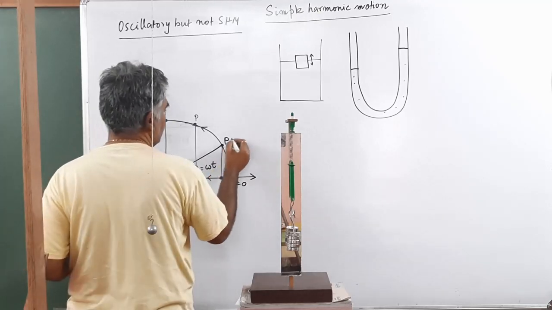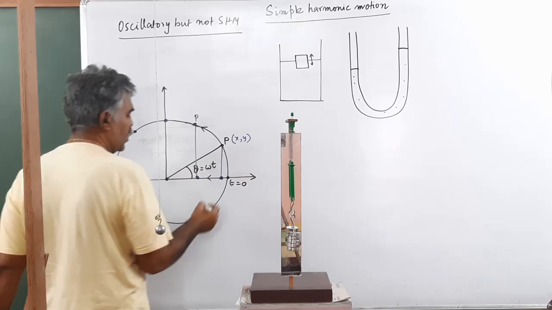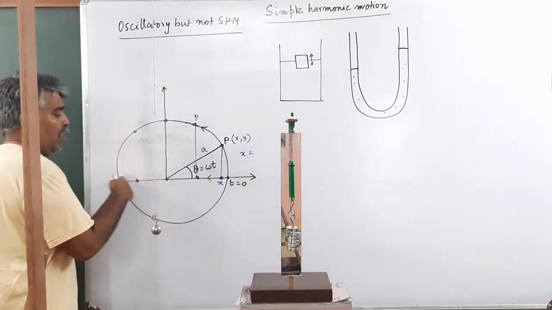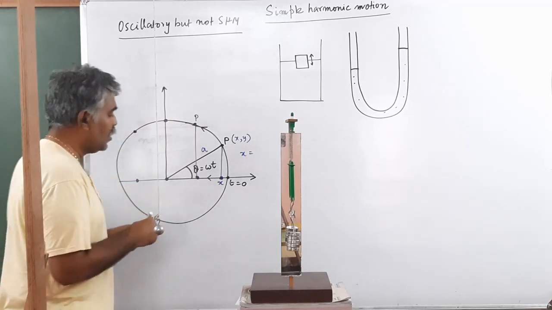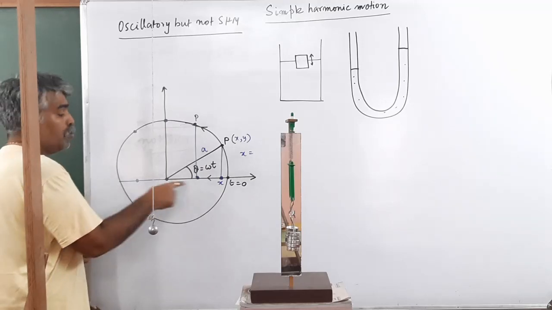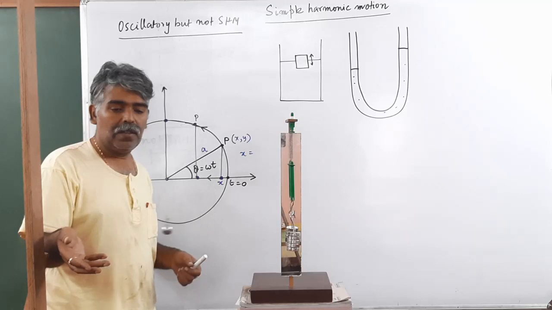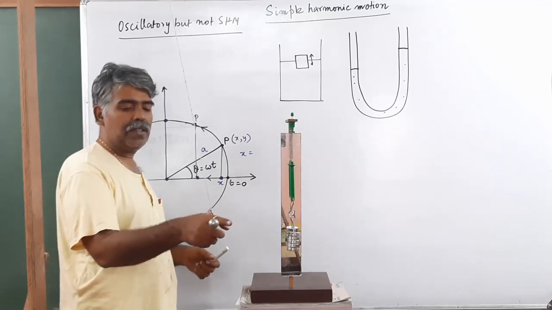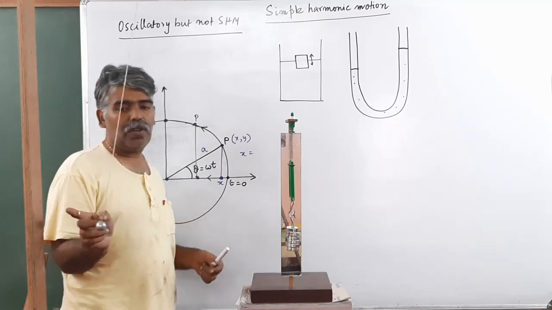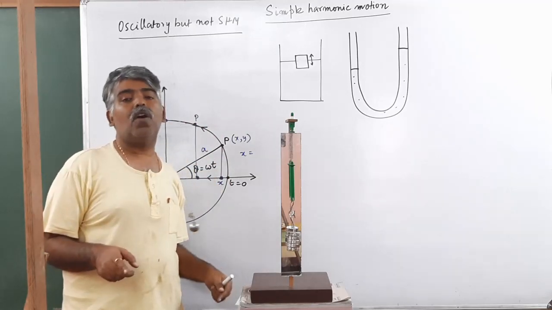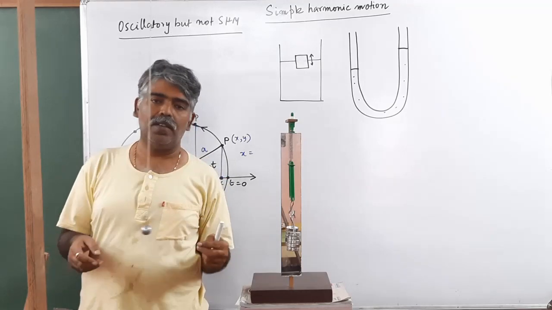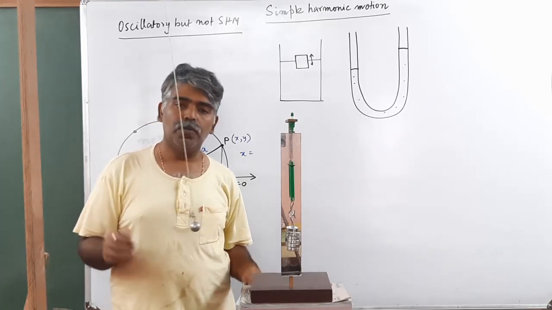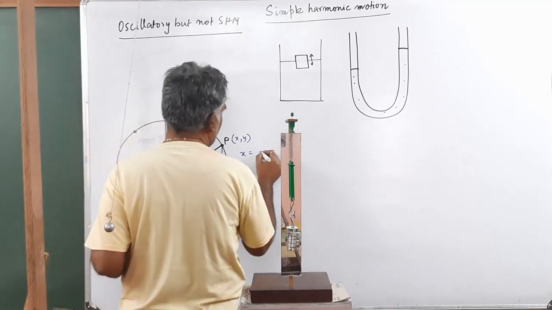Got it? Now let's suppose this point is xy. Now this is x. So what is x? If the radius of this circle is a, the bob moves from here to here, so from one end to the other it is 2a. You should consider this path as straight, and you should take a very small angle. We say it's less than 4 degrees, but the smaller you take, the approximation will be better. That means this bob will move in a straight line. Anyway, so x equals